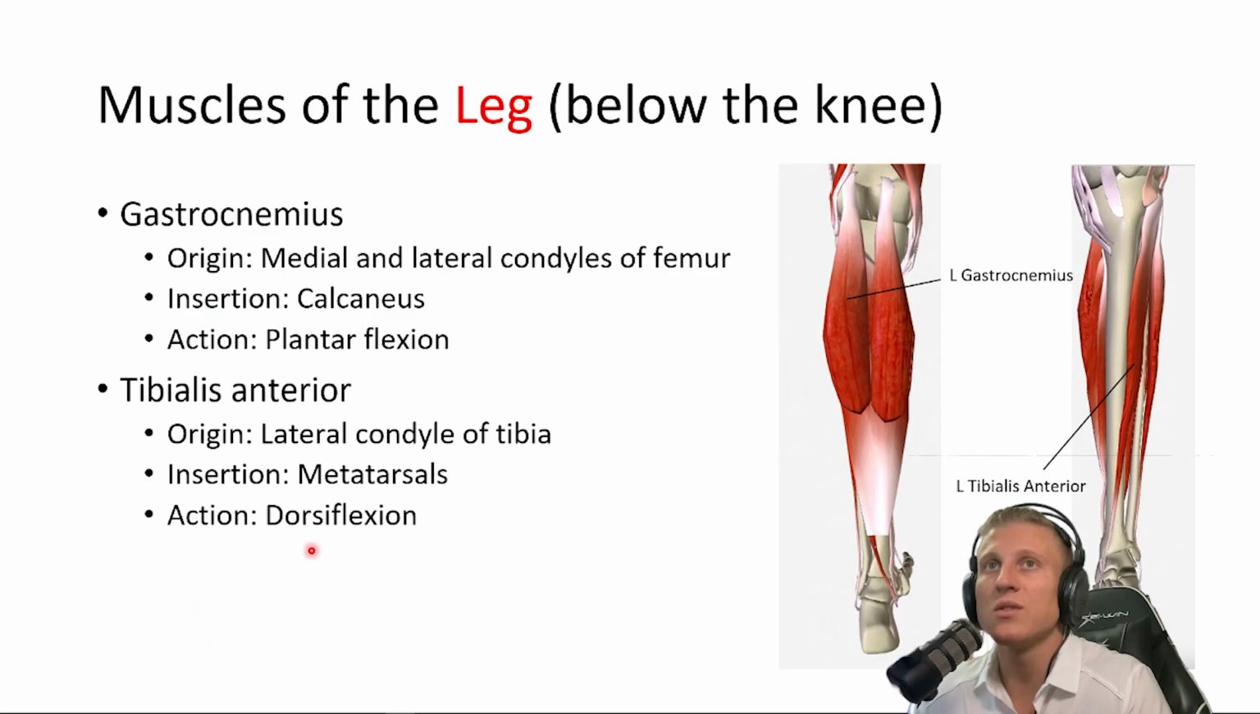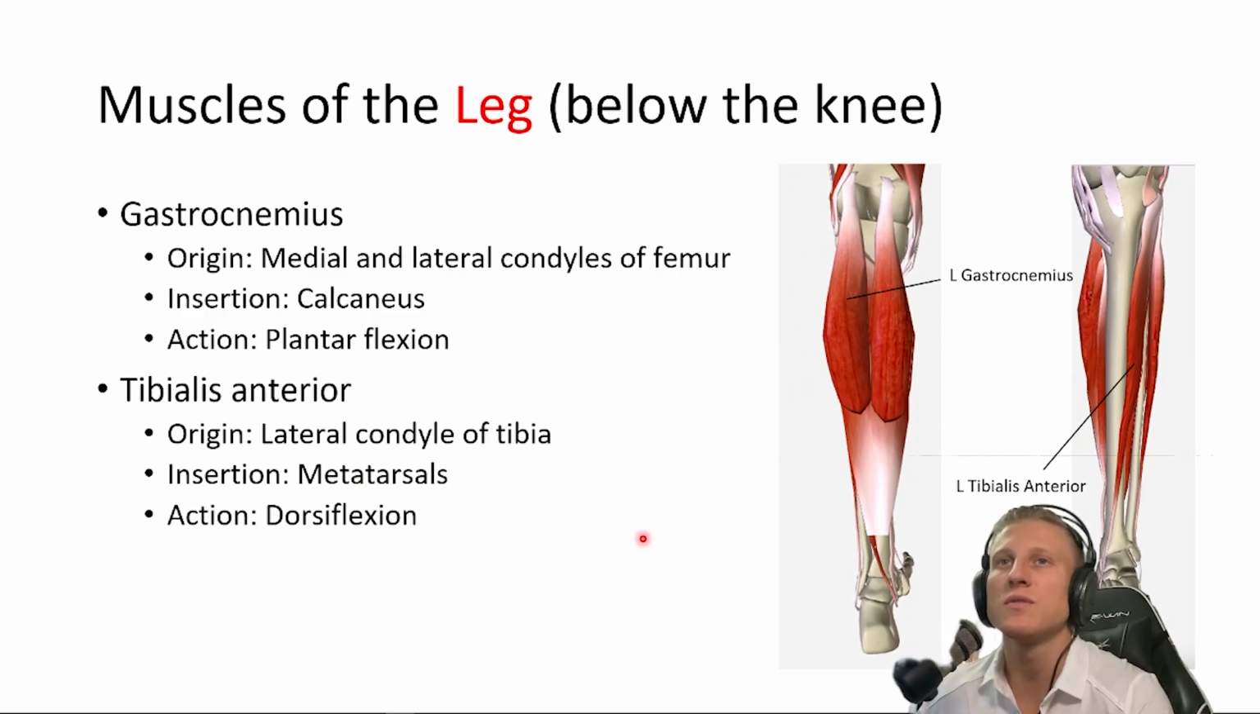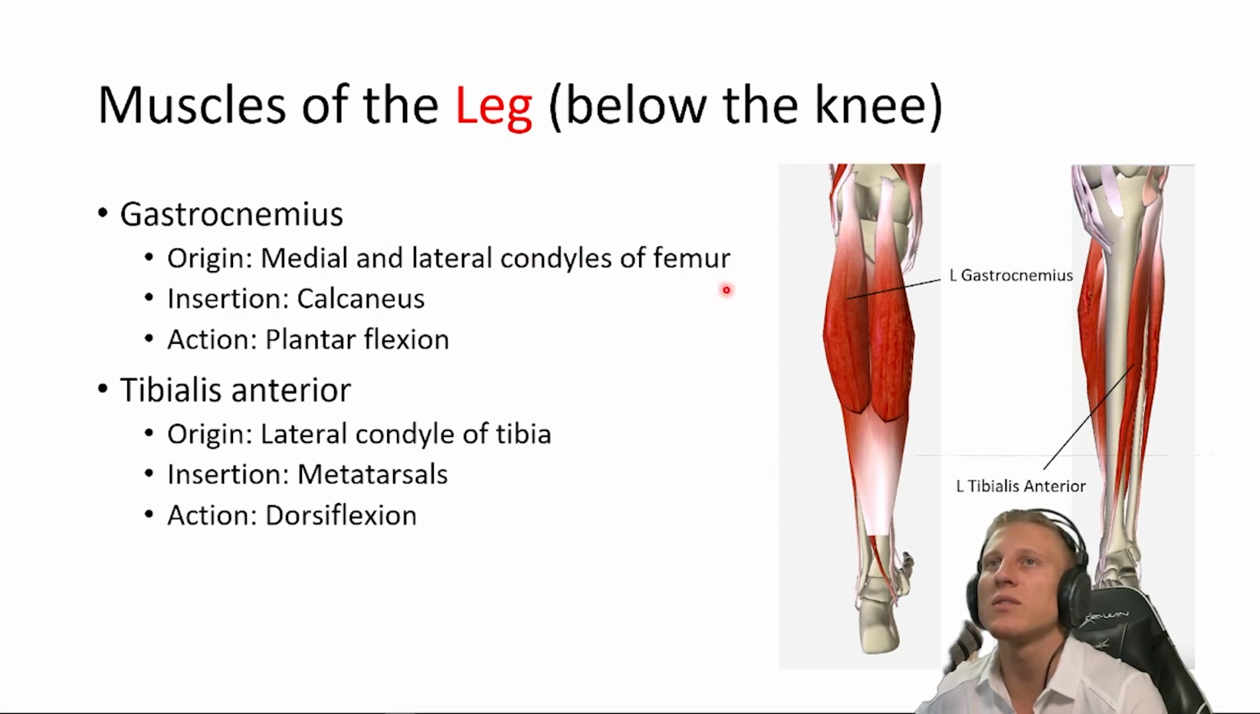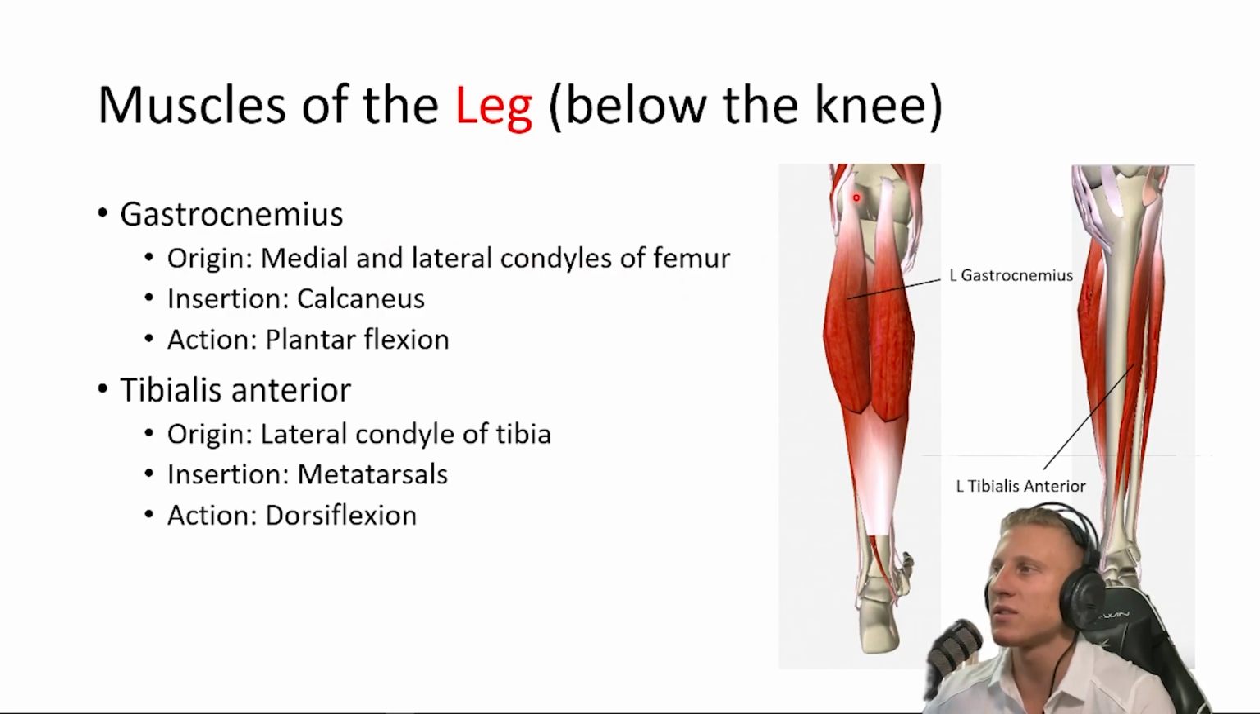Last thing we need to do is talk about origins and insertions of the two muscles down here. So on the gastrocnemius, we have origins on the medial and lateral condyles of the femur. It makes sense because we're helping bend our leg back, so we need a good anchor point to pull against. So these are the two condyles. Again, the way the knee looks,